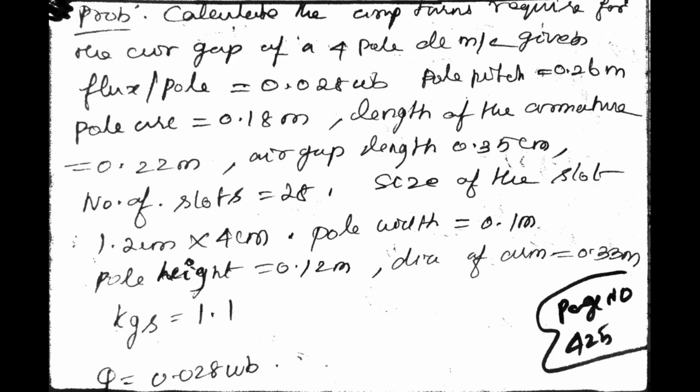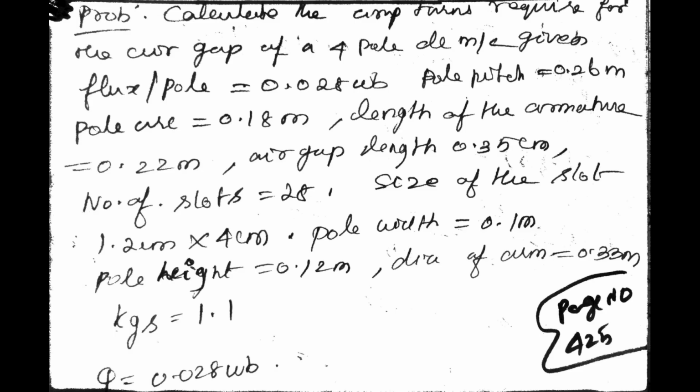Good morning to all. Electrical machine design. Topic: ampere turns for the air gap. Problem: calculate the ampere turns required for the air gap of a 4-pole DC machine given flux per pole is equal to 0.028 Weber, pole pitch is equal to 0.26 meter, pole arc is equal to 0.18 meter, length of the armature is equal to 0.22 meter, air gap length 0.35 centimeter, number of slots is equal to 28, size of the slot 1.2 centimeter into 4 centimeter, pole width is equal to 0.1 meter, pole height is equal to 0.12 meter, diameter of